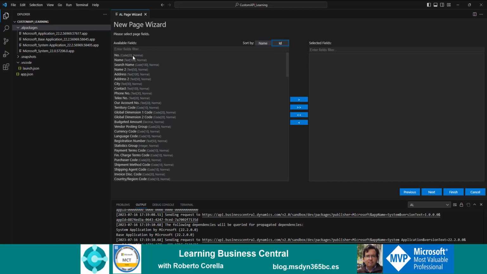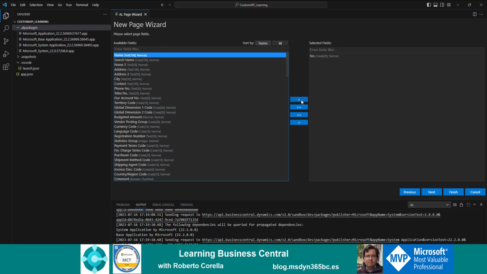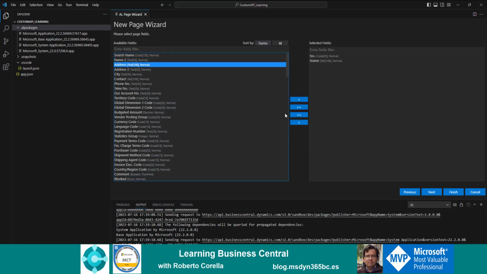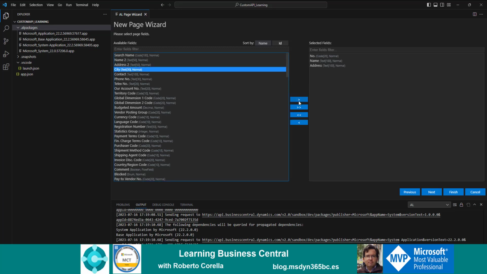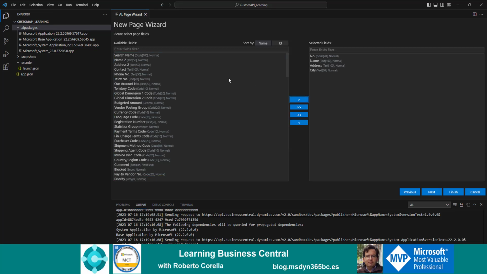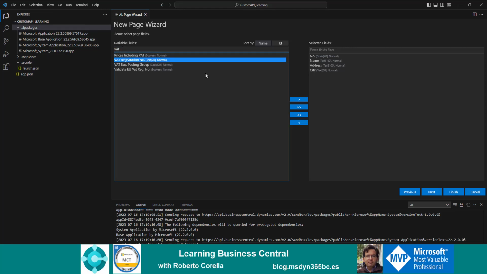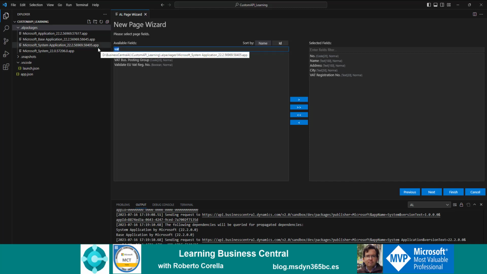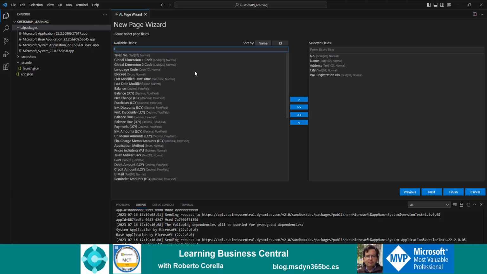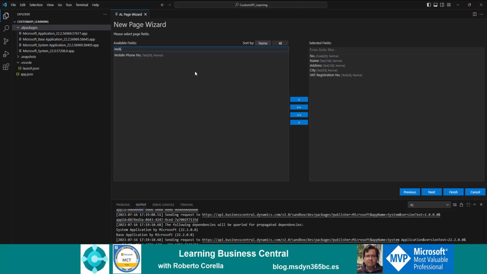And for instance, I choose this one, the name, the address, the city, and I want to use the VAT registration number because it's not in the standard API, and mobile phone,